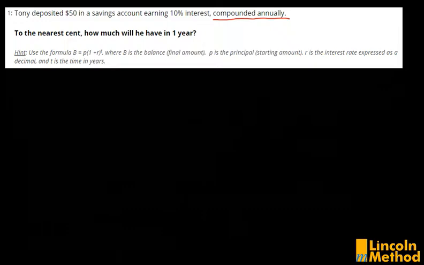Now, in the earlier assessment that we covered, the interest was not compounded. In this one, however, the interest is compounded, and you might be wondering what that really means. The difference between the two is, when we say that the interest is compounded annually, what that means is the principal keeps growing. So let's suppose that if I invested $50 and I get 10% interest per annum,